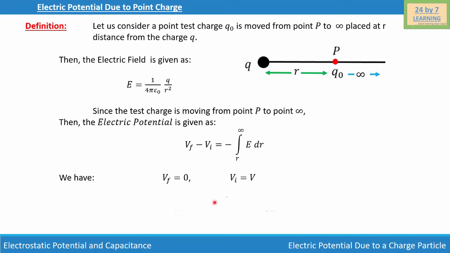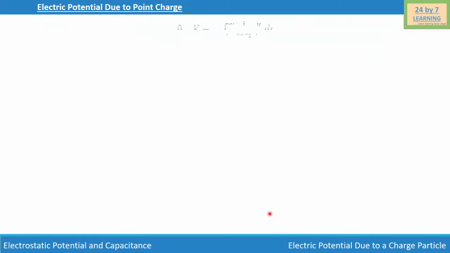So let's substitute that value, and if we do that, we will write 0 minus V is equal to negative integration from r to infinity 1 over 4 pi epsilon 0 Q over r squared dr. Let's further simplify, and if we do that, we will write 0 minus negative V is negative V is equal